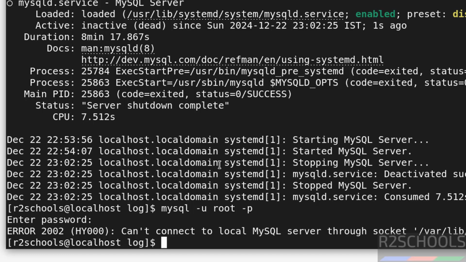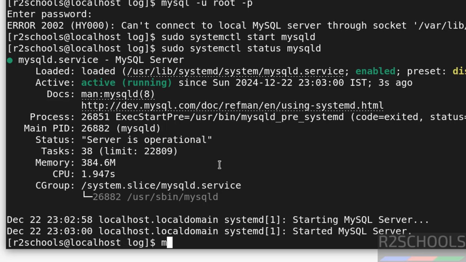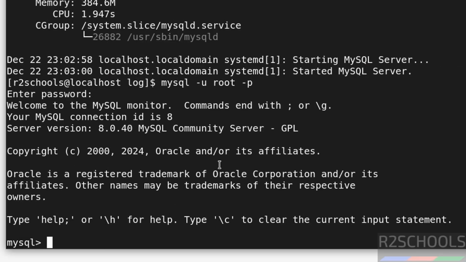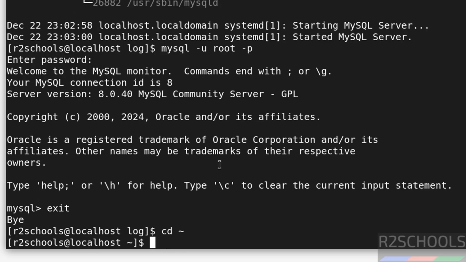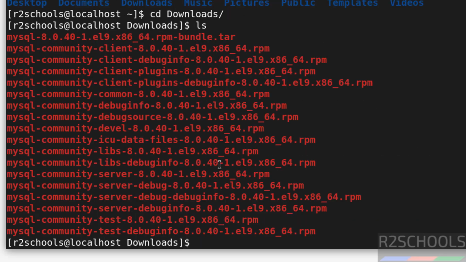Now start it again. Just replace the status with start. Now verify again. See, MySQL server is started. Also try to connect to MySQL. We have successfully connected. Now go to home directory, ls, cd downloads, remove these files because we have successfully installed